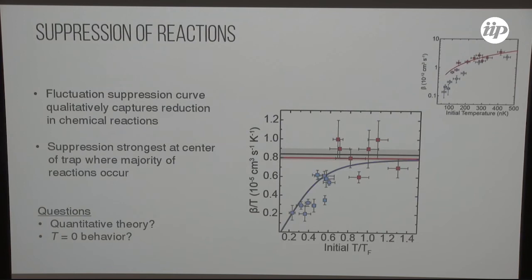This is a very well-established theory for trapped Fermi gases, so we now try to put this theory on top of the experimental data. These are experimentalists trying to do theory. We essentially multiply the average B by T over TF by the fluctuation that we get in the Fermi gas. Of course, a complete theory has to include more complicated scenarios. The point we want to show is that we have a qualitative agreement with the experimental data.